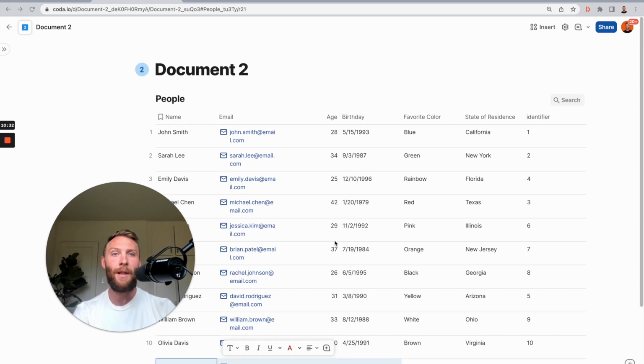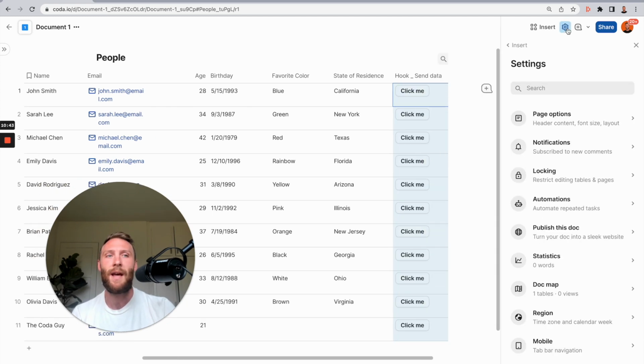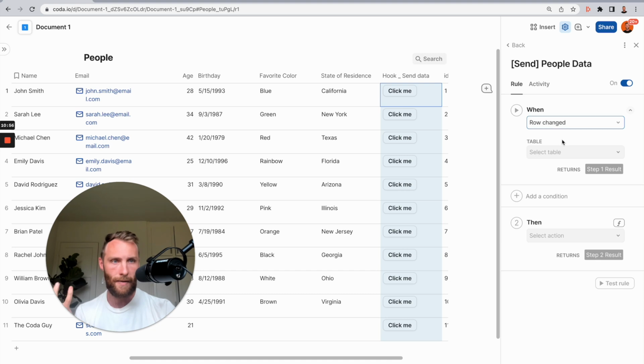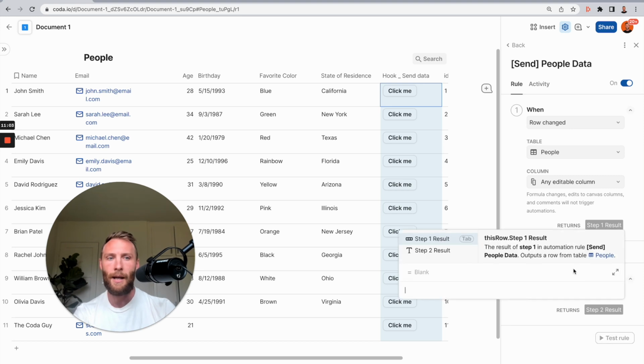All right, so now let's think about how we're going to automate that first off. We don't want to have to click buttons every time this happens. So what we're going to do to automate these syncs instead is set another automation. I always call these ones send. Again, naming really matters. Send people data. I'm going to turn it on, and this is going to be a row changed automation. It's going to say if a row changes in any editable column in the people table, then go ahead and